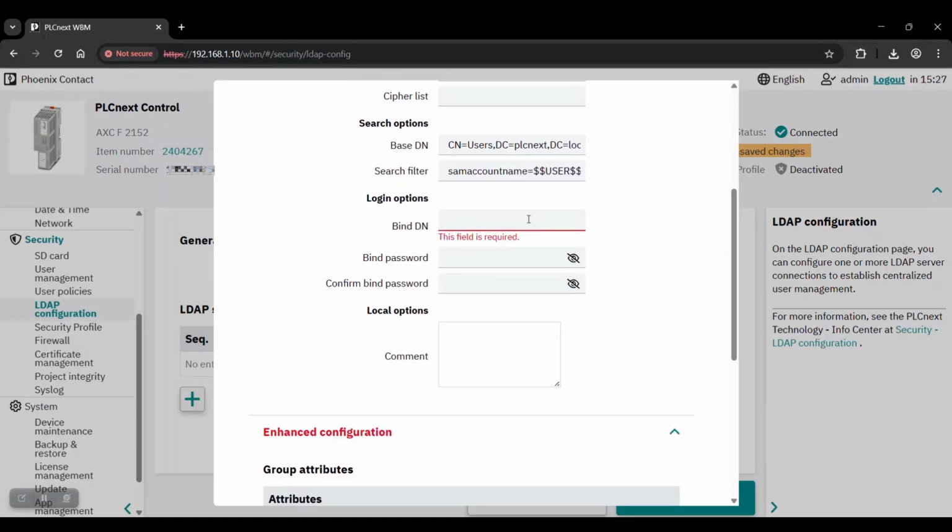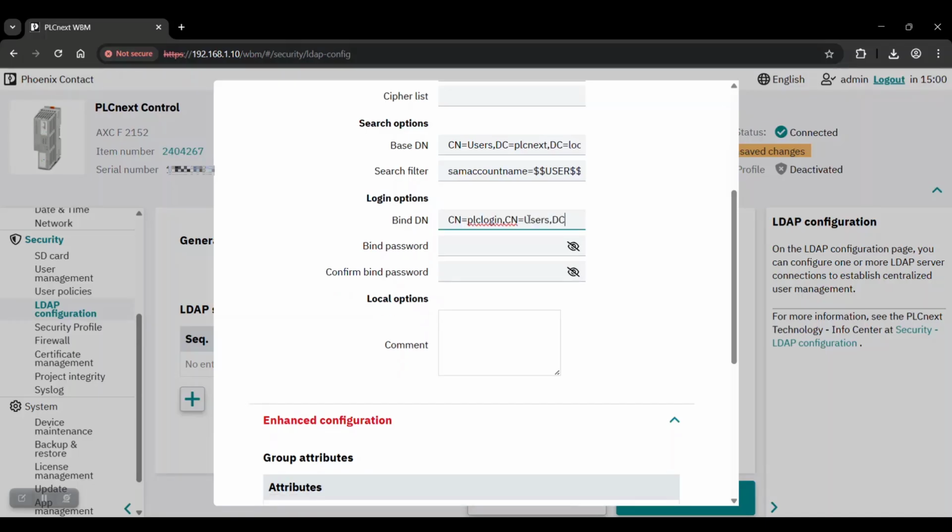The bind distinguished name will be the distinguished name of the user that is used to bind to the LDAP server. In this case, that's the PLC login user. Again, the bind password for this user must be configured once by the administrator.